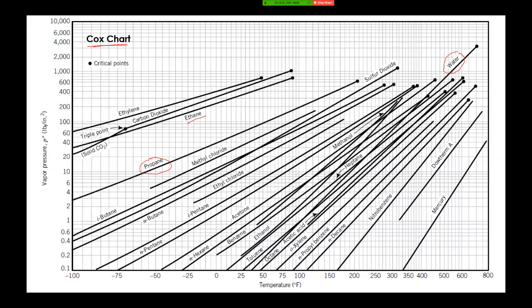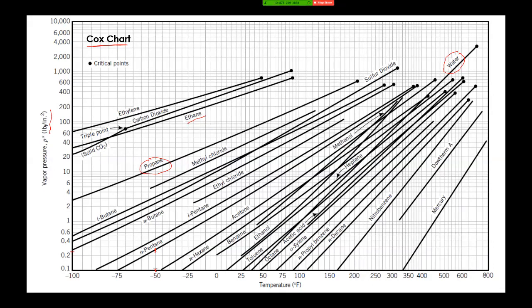So how you read it is that you choose the temperature where you are. Let's say 50 degrees. You go to the line, for example this one for n-pentane, and then you go to the left, to the y-axis, and you read the pressure, right? So in this case, let's say 0.32. The pressure in this plot is in psi,